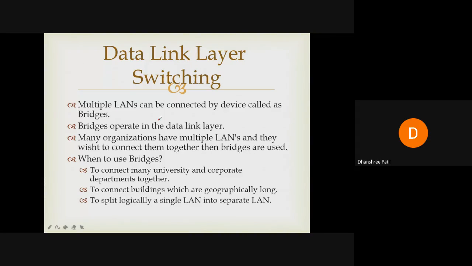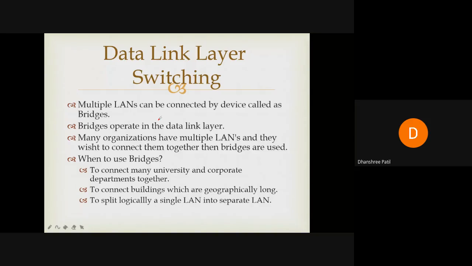Okay, so the next point is data link layer switching. It is quite different. Up till now, whatever we have seen, all these are just protocols, which protocol to use for what. Up till now we have covered a lot of protocols and there will not be any protocol remaining. So the next part is related to how wireless LANs or any LAN is being handled. Okay, so that part we are going to see.